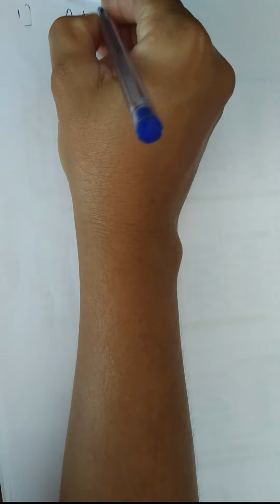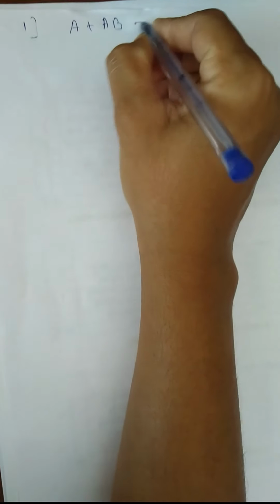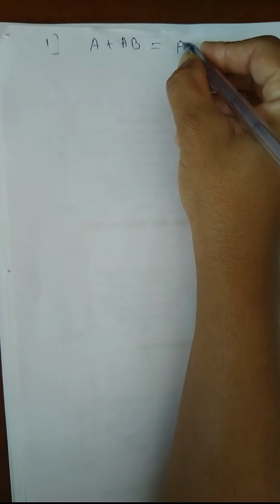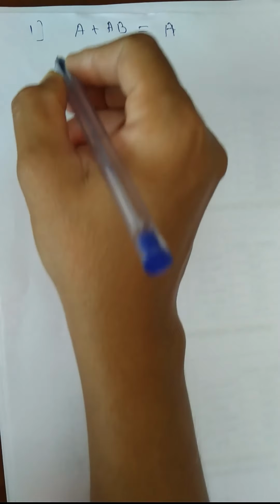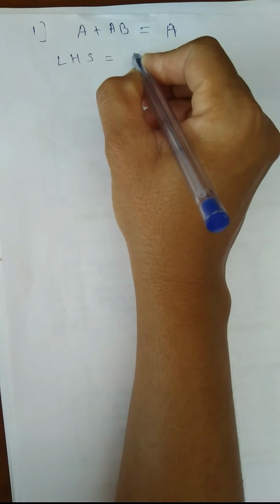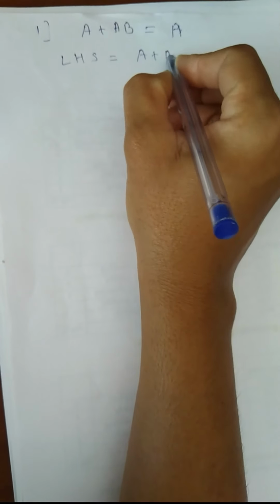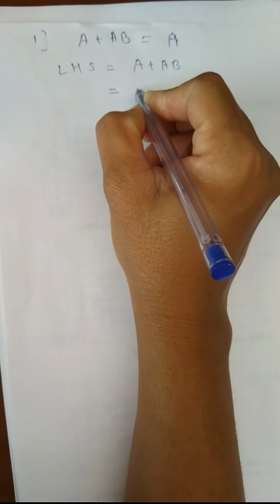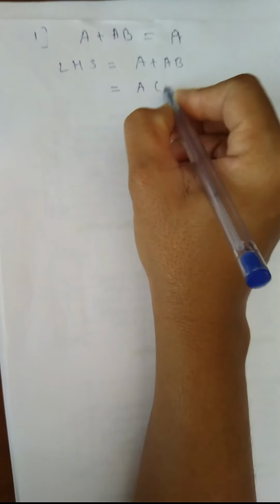First example: 1 plus AB, that is A plus AB is equal to A. LHS is equal to A plus AB. In this expression we take the common A, giving A into (1 plus B). Since there is an OR law,